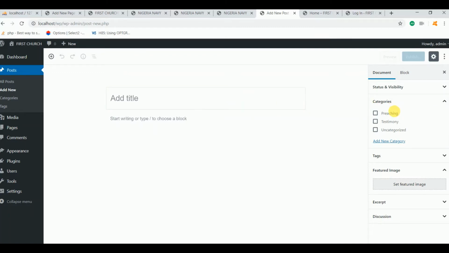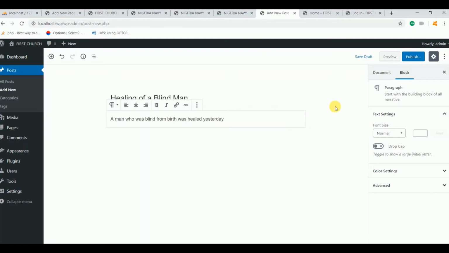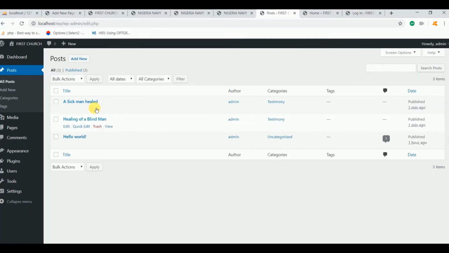The first thing is what category of post. So for example, somebody can say healing of a blind man, for instance. Then this category will be testimony. So that's the first category. You now say publish. So I've done these two. The categories are testimony. So you now click on new, and under new,